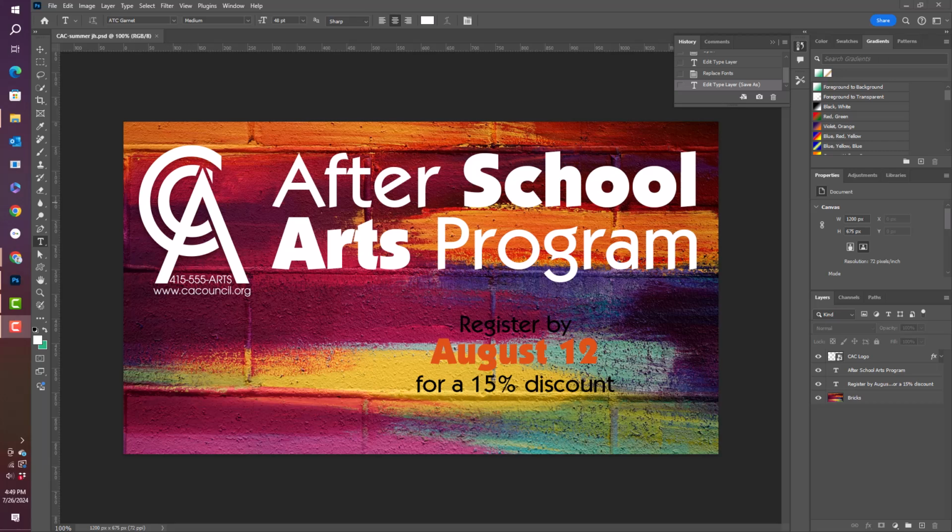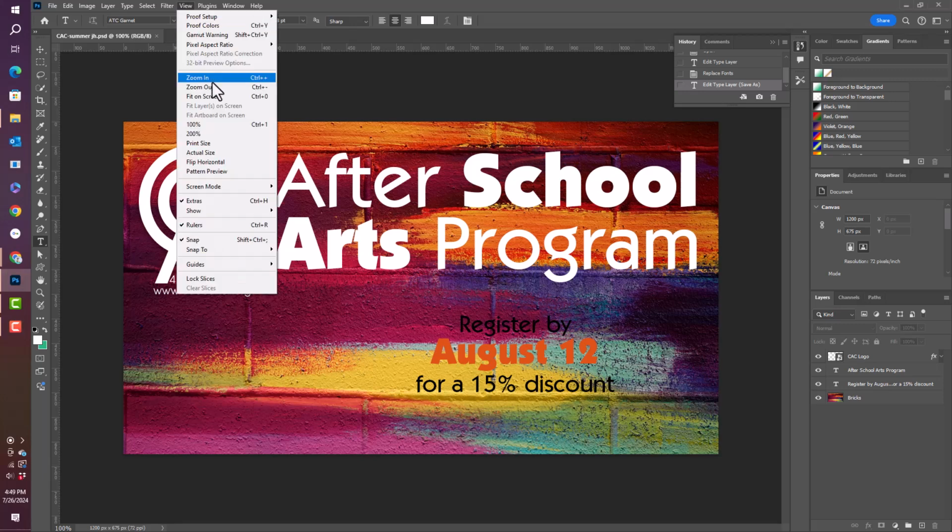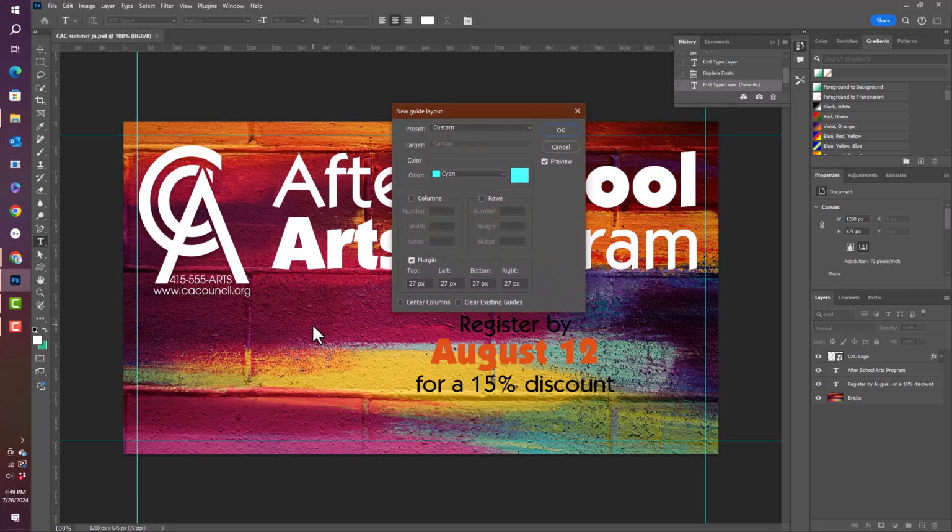Next, we are going to add some guides. So we're going to go up to View, Guides, New Guide Layout. In the dialog box, you're going to click the Margins option if it's not already selected,